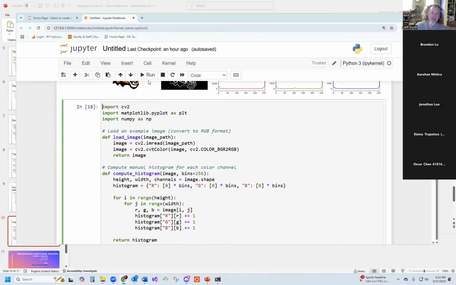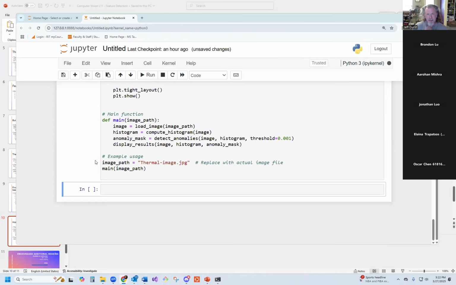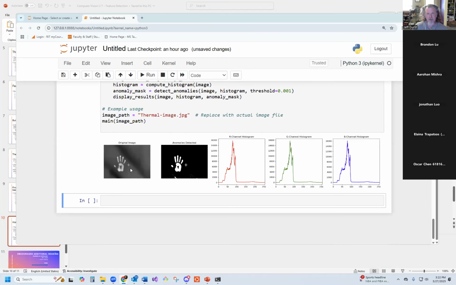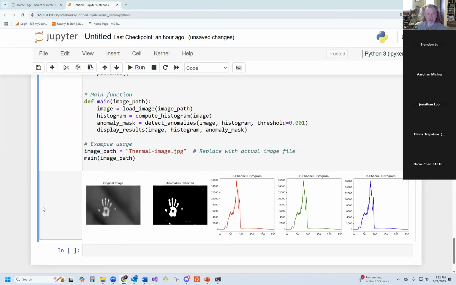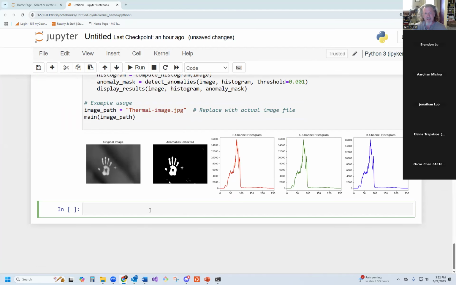When we take this and now look at the thermal image, so if we want to just look at, say, a handprint, now what we see is a little bit more. In this case, it has found that handprint. So this is an IR image of just a handprint on some glass, and we want to go in and find anomalies. Here, it was able to find it quite easily,